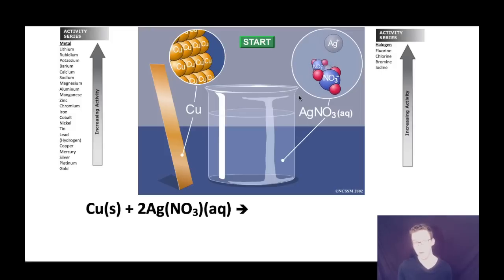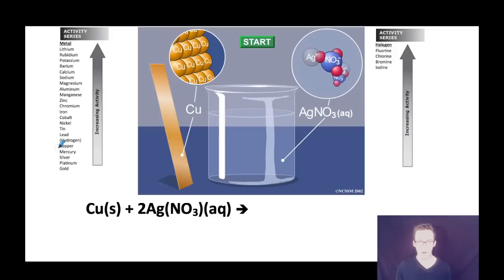As you think about whether you're going to use the metal activity series or the non-metal activity series, well, our element that is by itself to start is a metal, and it's going to replace the other metal in that compound. So we're going to use the metal activity series. The first thing we're going to do is predict whether or not this reaction will occur. And so as you take a look at your list,